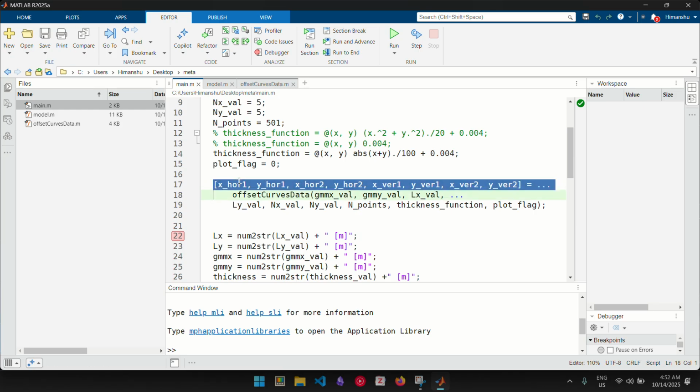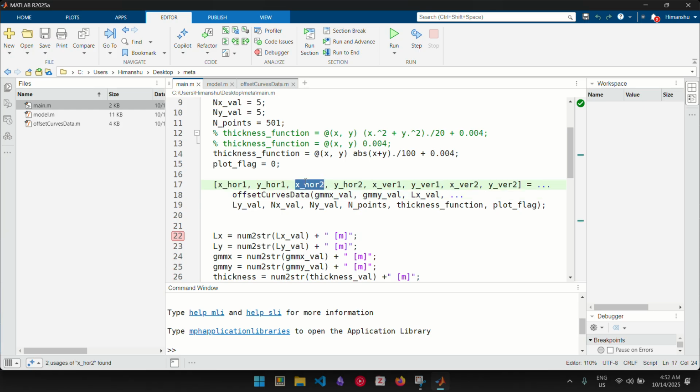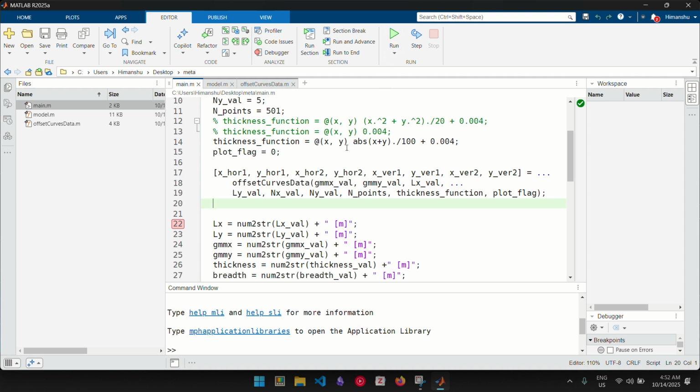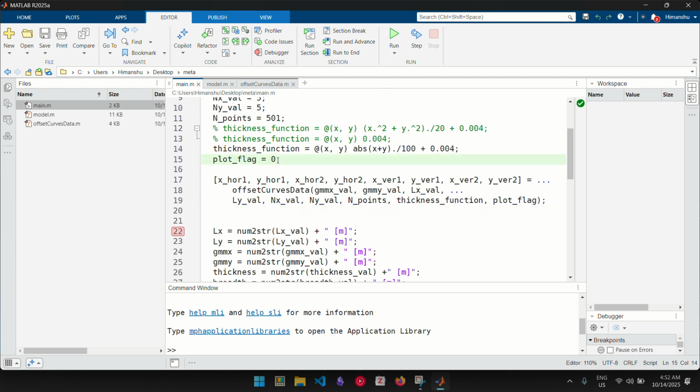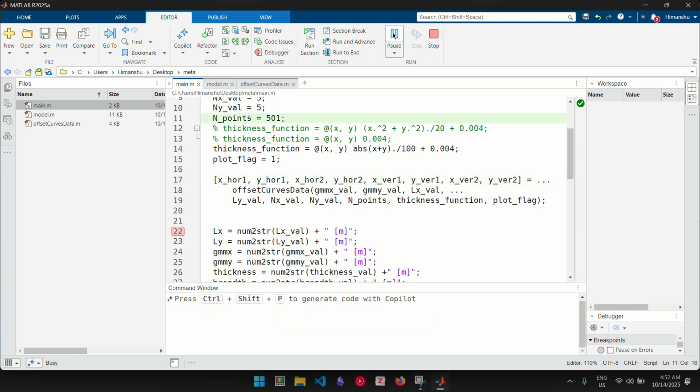Horizontal 1 corresponds to horizontal curves with a positive offset, then horizontal 2 is with negative offset, and similarly for vertical 1 and vertical 2. So I can plot them by this flag. If I run this,